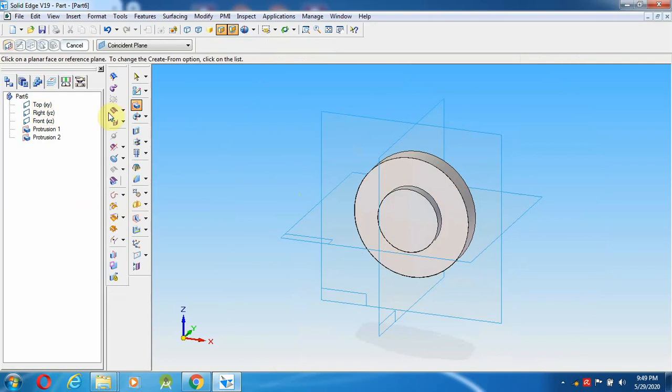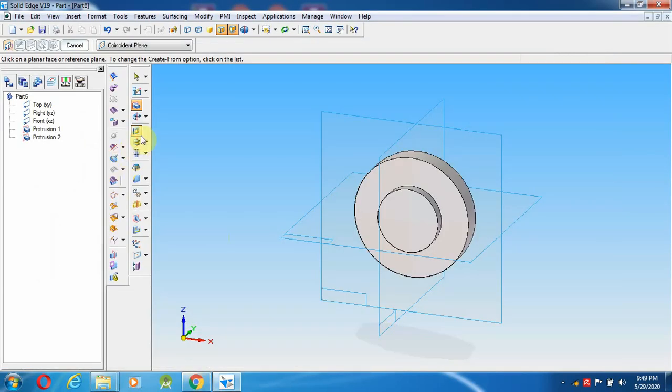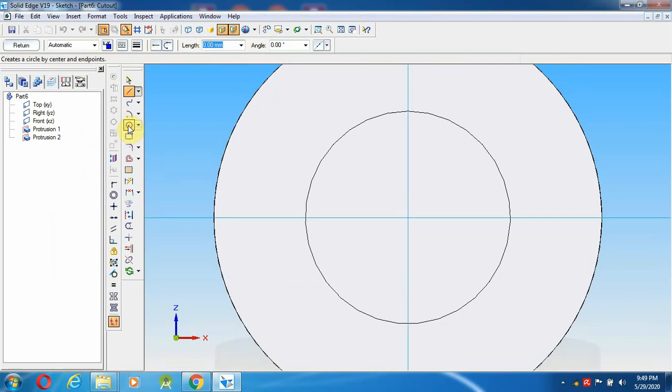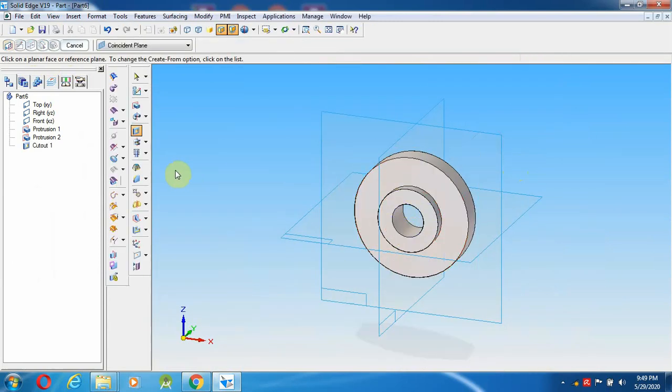After creating this, we will make the hole. The hole diameter is 20 mm. So select cutout, and from here I am going to make a hole of diameter 20 mm. After creating this, I am going to give return, left and right click.